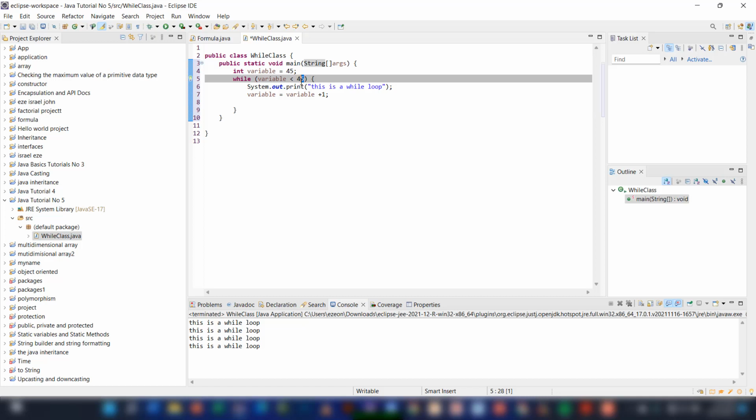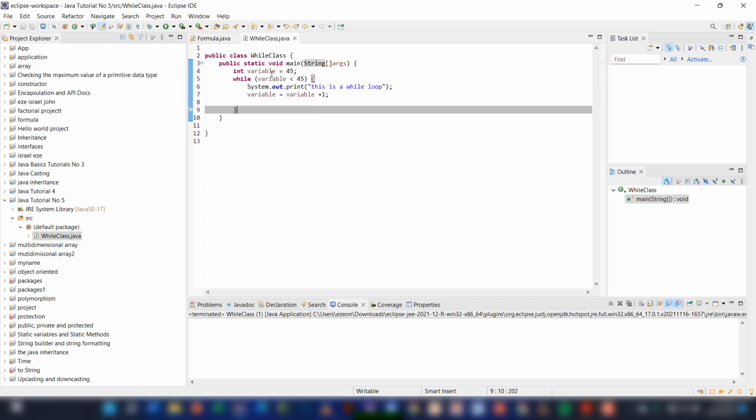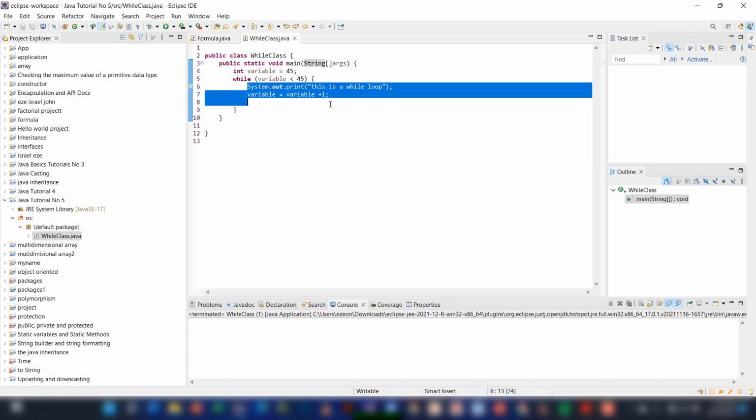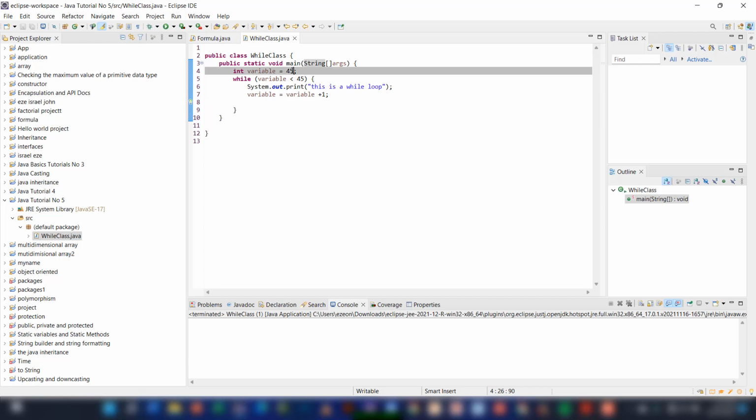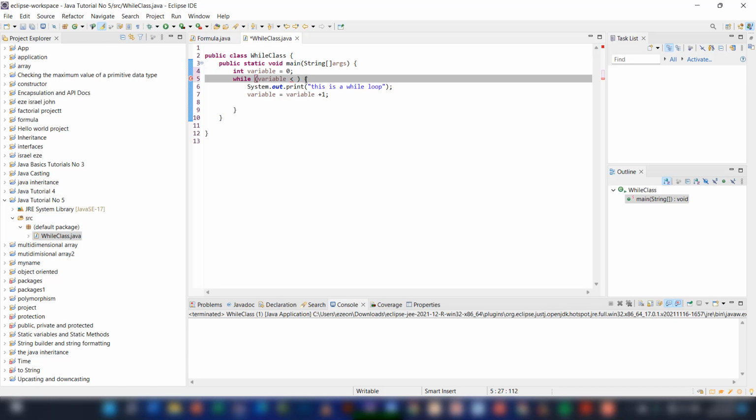But let's see what will happen when we run this program. If we run this program, nothing shows. We have already assigned 45 to the variable. We're saying that variable is less than 45 for this statement to repeat itself, it won't repeat because variable is already 45. Now if we initialize variable to 0, I will say variable equals 0, and we say while variable is less than 6,